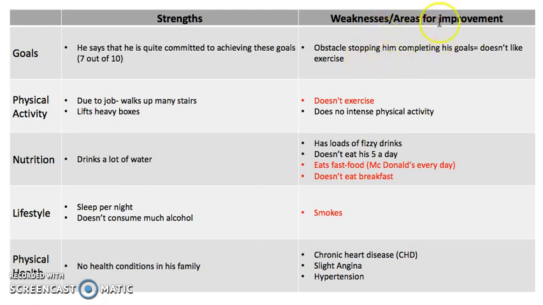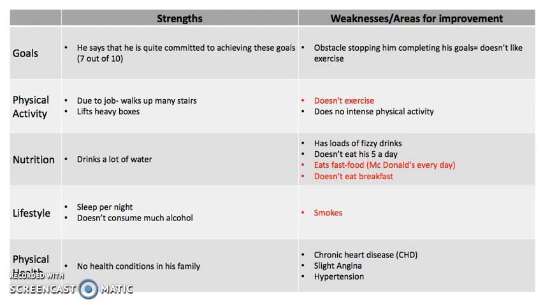So now I've picked out some areas for improvement and some weaknesses. For the goals, one of his weaknesses was that he doesn't like exercise. So an obstacle stopping him from completing his goals was that he doesn't like exercise. He used to play football for a 5-a-side team, however stopped. When I spoke to him about exercise, he said he didn't really enjoy it, and that he might be interested in getting back to football and he would want to, but because he's lacking a bit of confidence, as he hasn't played in a while,